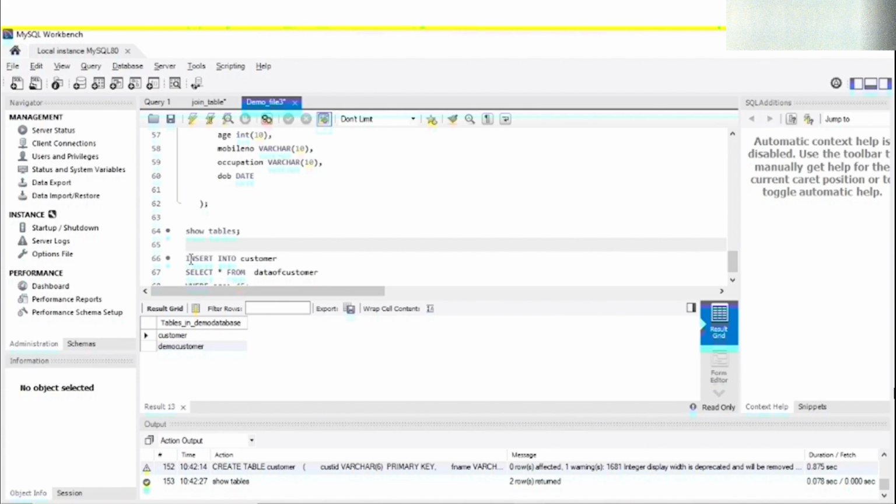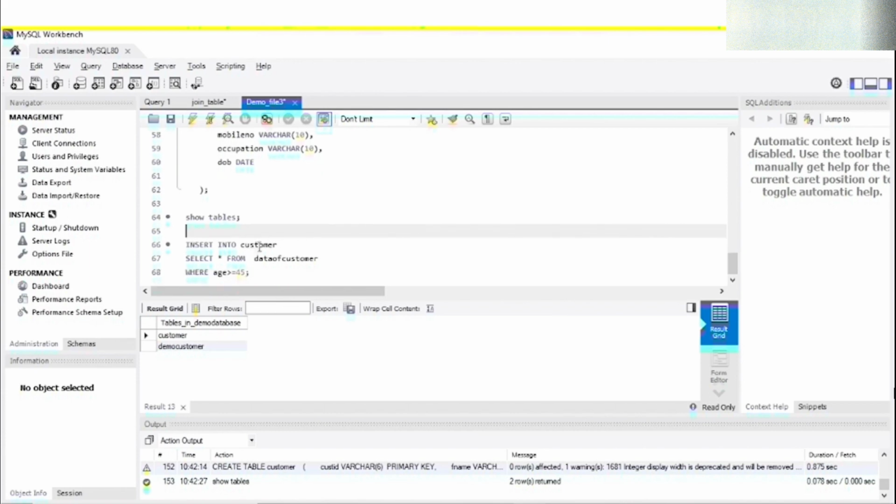The same command we are going to use: insert into. Where do you need to insert? I need to insert into my customer table. This is your outer query, insert into customer. Then your inner query starts, where you write select star. So basically you want to select all the data from demo customer,